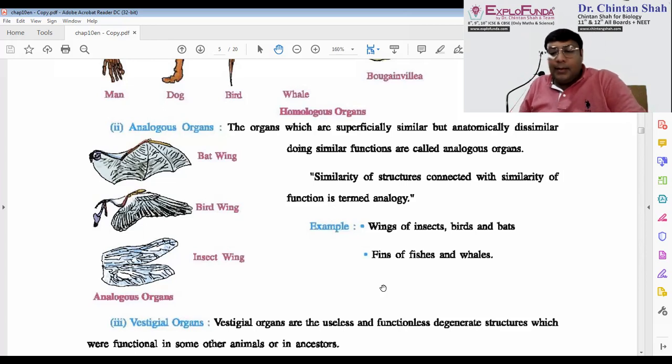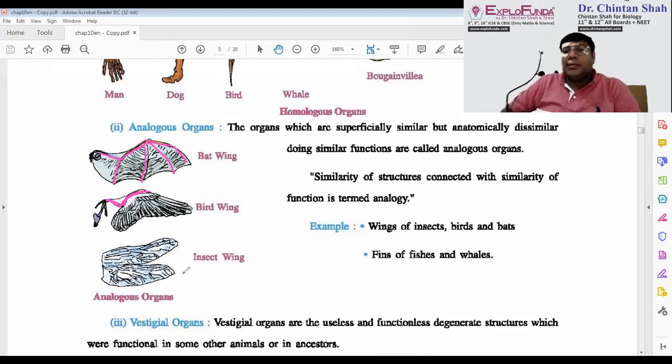The bat wing has bones over here. I'm just showing you where the bones are present in the case of a bat's wing. Here, here, here, as well as over here also. In the bird's wings, it is only the border; otherwise, it is the feathers of the bird. And in the butterfly, there is no bone at all. So the organs which are superficially similar but anatomically dissimilar, with similar functions, are known as analogous